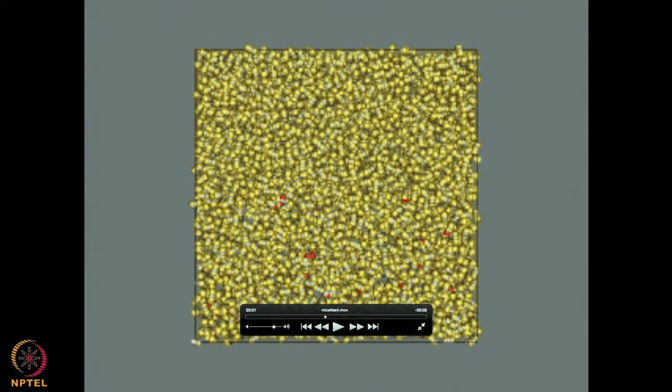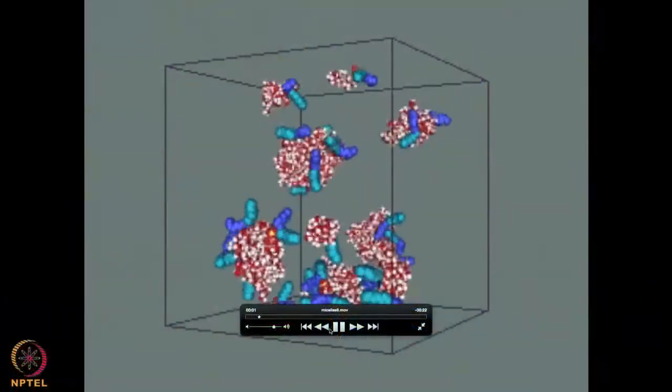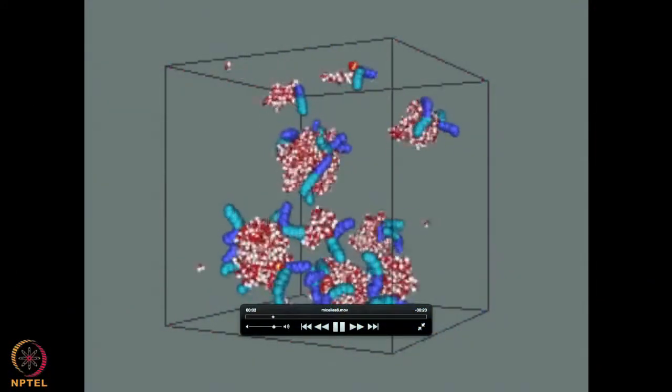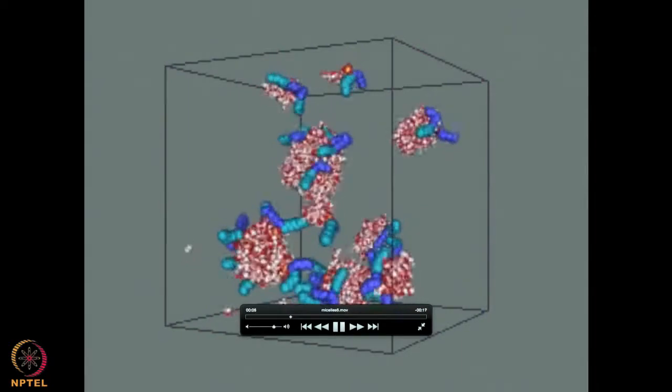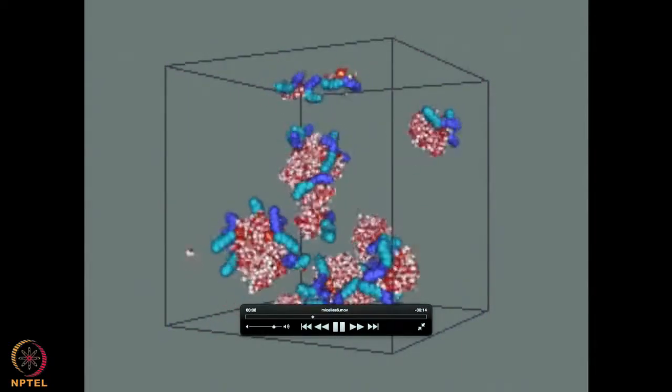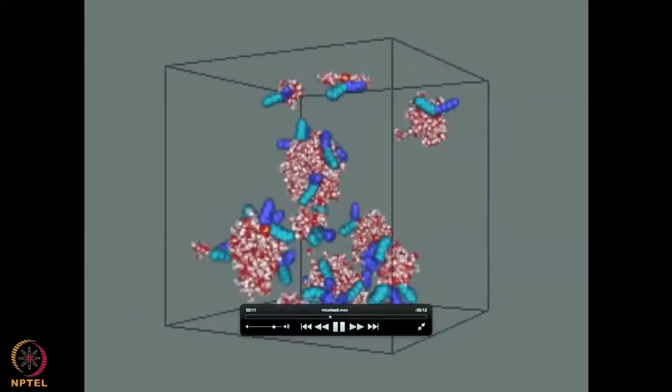So since you have seen the video, you can see that whatever simulations are done, you can actually physically see on the screen. And of course, remember that these are all simulations. Simulations are not 100% reality because all simulations are based on some model potentials, models of algorithms. So it is not a 100% reality, but it gives us a fairly good knowledge of what reality is about. This is a micellar system. It is being aggregated in the solution. This is a more complex system than water or methanol or argon.